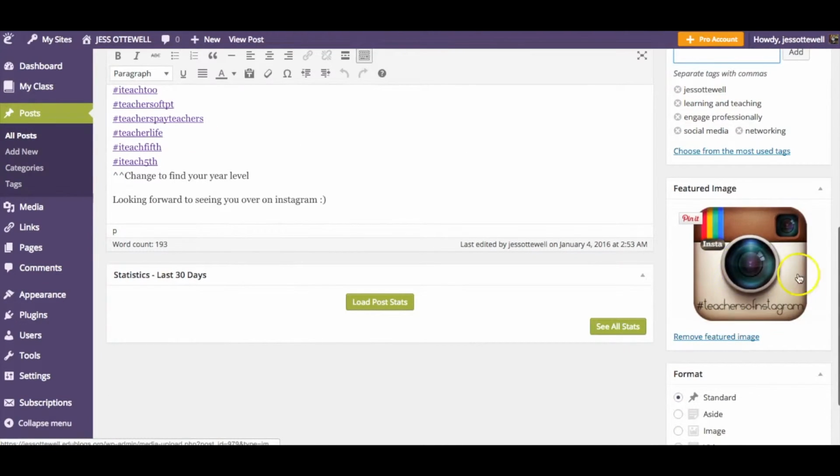Now I've also got a featured image on mine, and I'll show you how that affects my blog layout. It really depends what blog layout you have. But I've decided to add a featured image to every post because for whatever reason, if I go and update my layout or my theme at whatever stage, some of them have different qualities about them, and the one that I've recently just changed to has a featured image as well